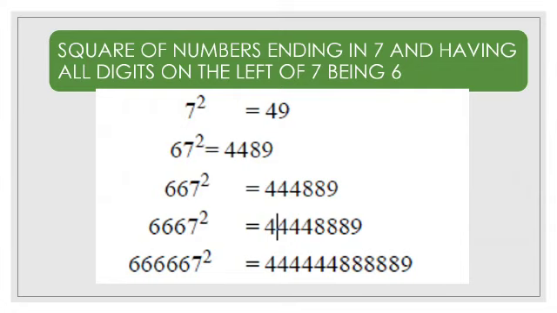Squares of numbers ending in 7 and having all digits on the left of 7 being 6. It is a special case of a square in which we have a number having 7 in the unit place and the other digits 6, then we can get the answer easily. Example, 7 squared can be written as 49, 67 squared can be written as 4489, 667 squared can be written as 444889, and 6667 squared can be written as